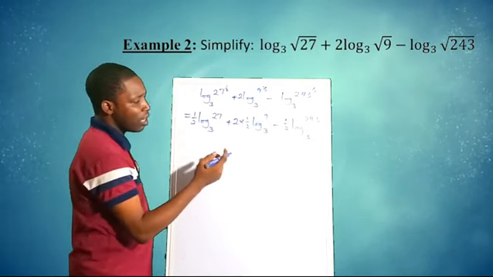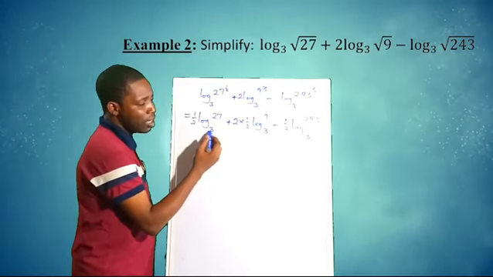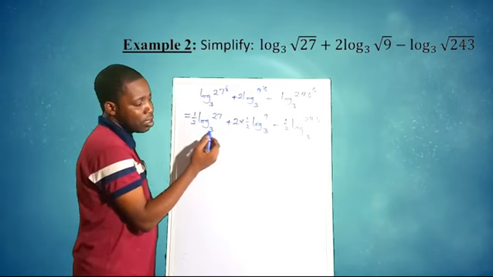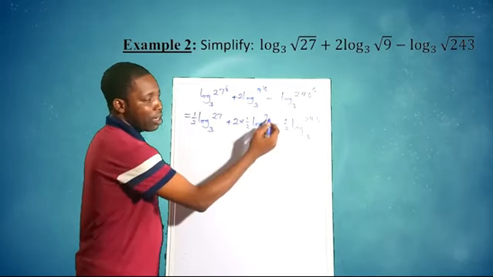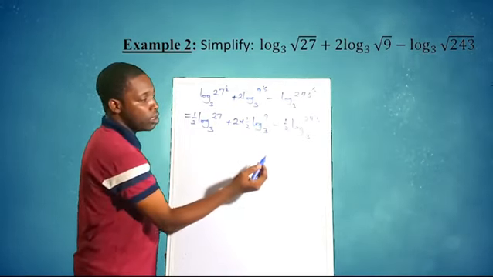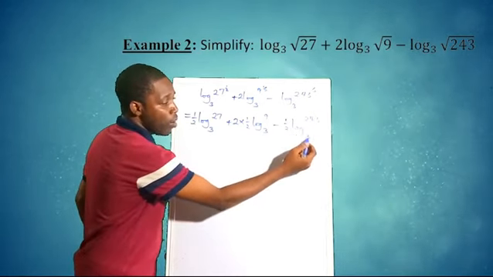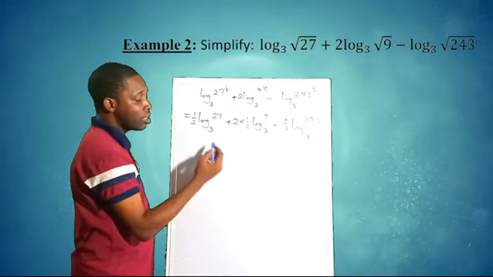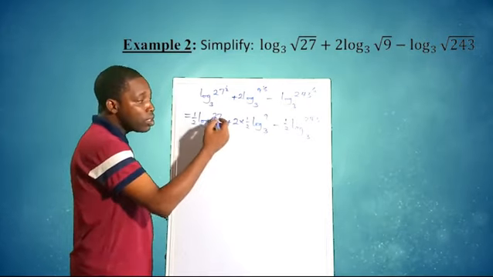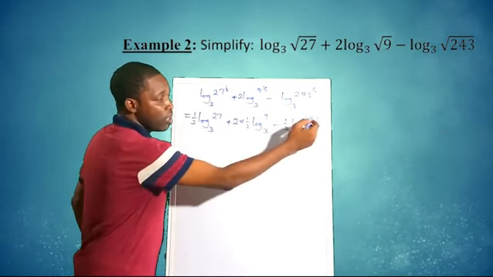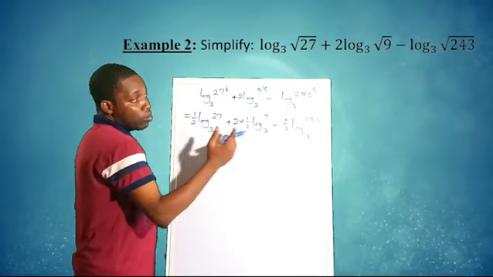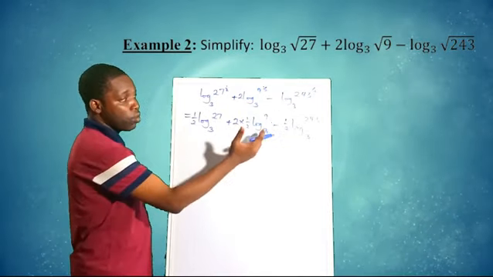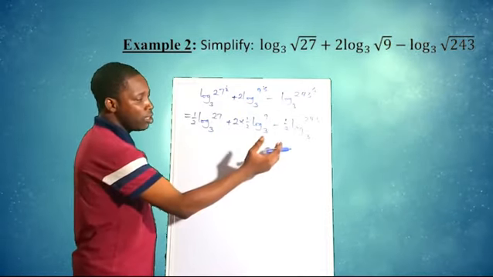But you will realize that I can express 27 as a power of 3. I can express 9 as a power of 3. I can express 243 as a power of 3. What I'm saying in essence is that 3 raised to power something will give me 27, will give me 9, and will give me 243. I can as well ignore that other method which I used for the first example and use a different method,